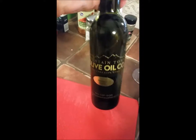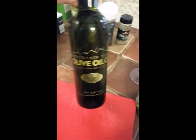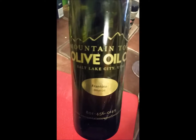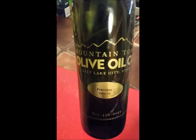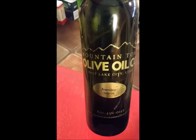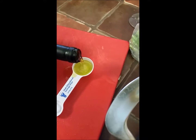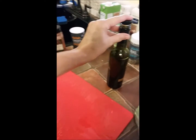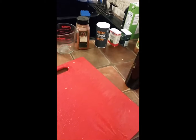Calls for olive oil, and I use Mountain Town olive oil, and this is an Italian olive oil that is really pure and young, which is supposed to be the best. I spilled it everywhere, 2 tablespoons, and that didn't go over well. I spilled half of it, but anyway, now we're going to go on with our seasonings,